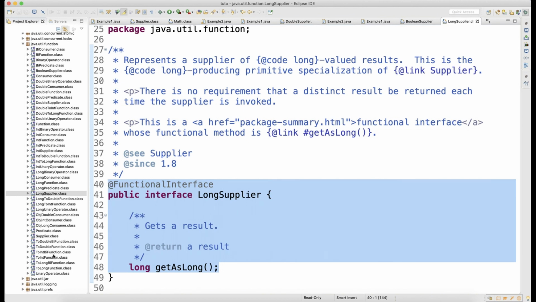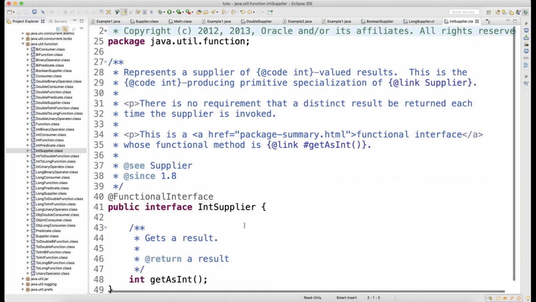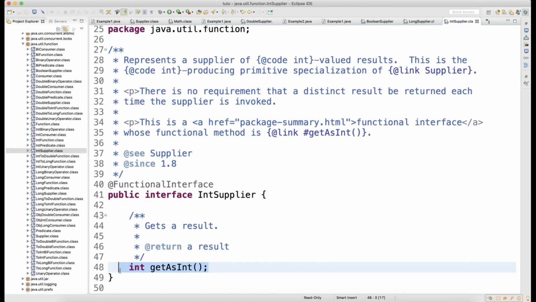Similarly, there should be something called int supplier also. Any other supplier we have: long supplier, here int supplier. So you can see that the int supplier will always give you the data as an integer.